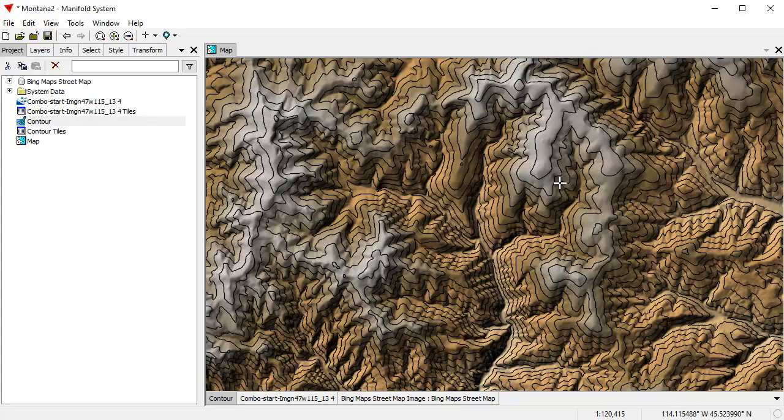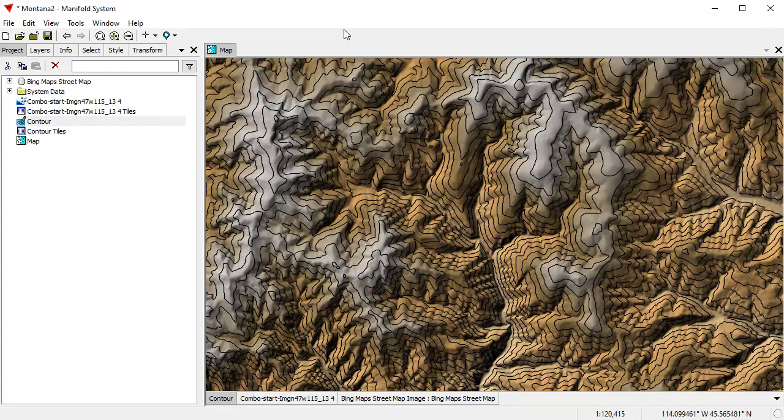Now, if you try this in ArcGIS Pro, and you can do it, you can actually download this data set. Manifold provides it on the product downloads page. You'll see that it takes Arc about 20 minutes to do the same contours. You don't have to take my word for it. Download the data set, download the zip file. The zip file with the grid file for Arc is I think about 4.5 gigabytes, something like that. And unzip it and import it into your Arc license, and you'll see it really does take 20 minutes to